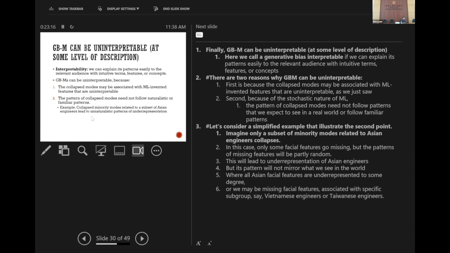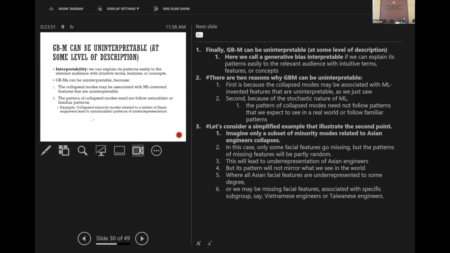So let's just consider a simplified example that illustrates only the second point. Imagine a data set with a subset of minority modes related to Asian engineers that has collapsed. In this case, only some of the facial features associated with Asian engineers go missing. But the pattern of the missing features will be partly random, right? So this will still lead to the underrepresentation of Asian engineers, but its pattern will not mirror what we typically